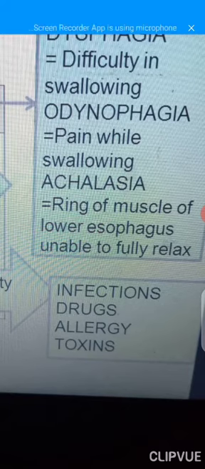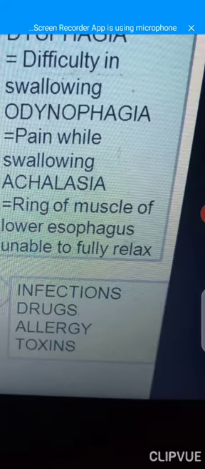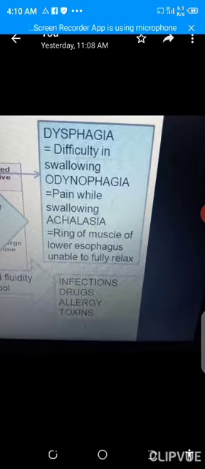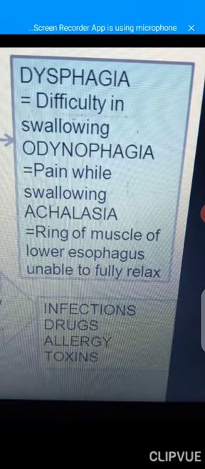Three important things that you should also take note of, the first is what is called dysphagia. What is dysphagia? Dysphagia simply means difficulty in swallowing. It is different from odynophagia. Odynophagia simply means pain while swallowing. Now, there's a condition that you should also know, not very common though. That is known as achalasia. In this condition, the ring that forms the lower esophageal sphincter usually finds it difficult to relax completely,